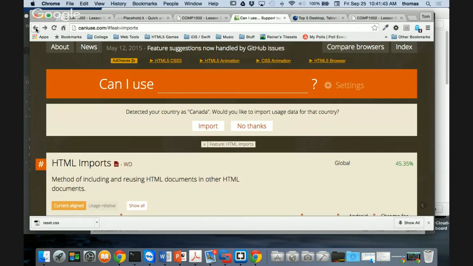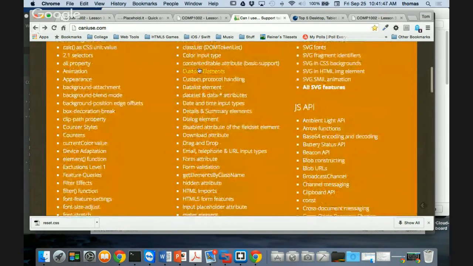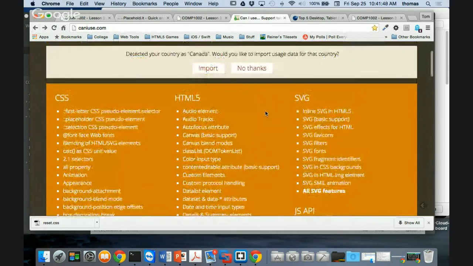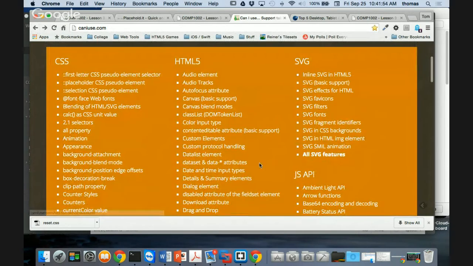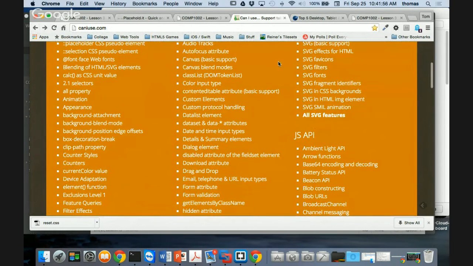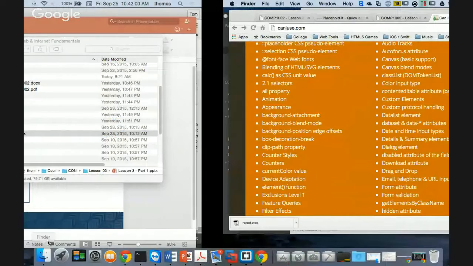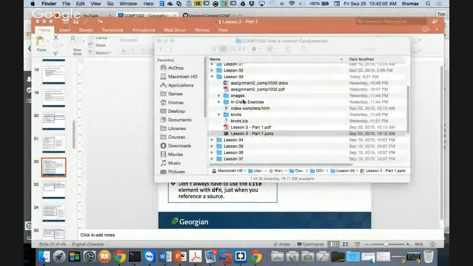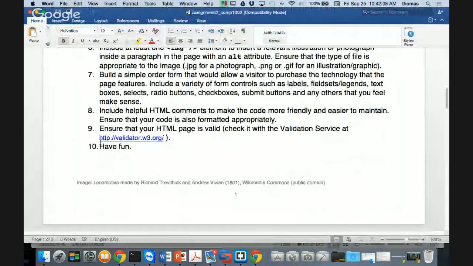Let's go back. So I go back to this, and I want to look and see if my definition tag is in here. Do you see a definition tag in here, right? My DFN tag, if it's supported, it'll tell you if there's a problem with the tag. The other place to check, and I kind of brought it up in your assignment number 2. It's right in your assignment number 2. If you look at it, on the bottom it says, hey, check your